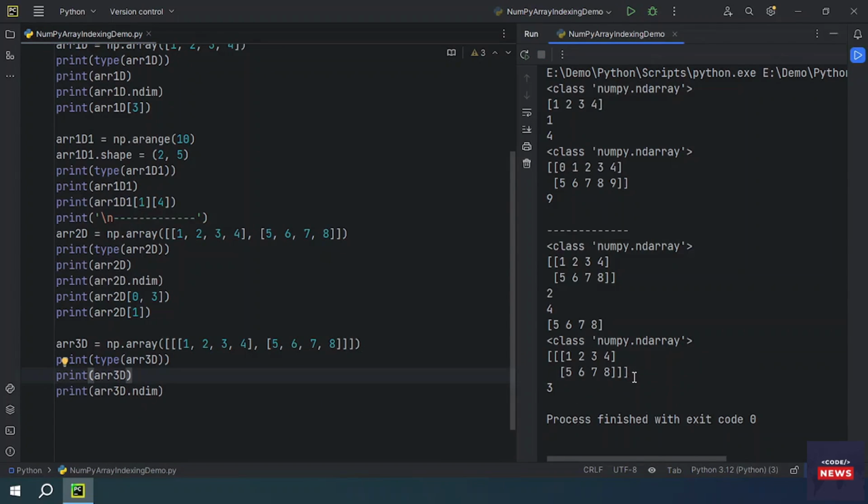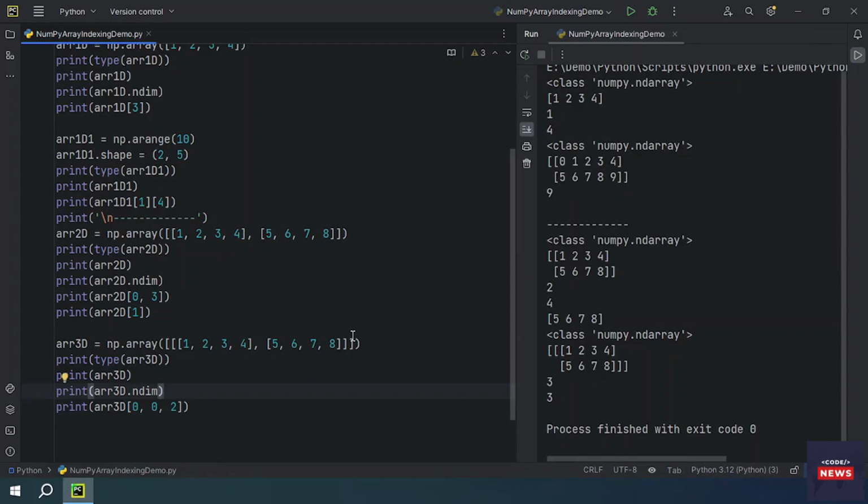We are getting this three-dimensional array as the output which we created, and this is the type of array we are returning, and it's three-dimensional. If you want to access any element from a three-dimensional array, it is the same as a 2D array. So let me take the 0 element and then the second element. You run it, so you will get